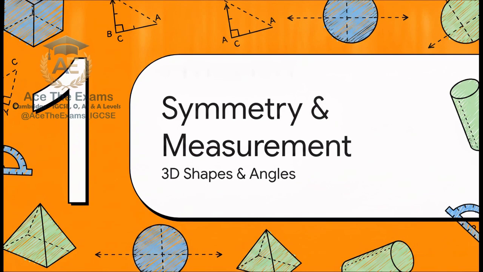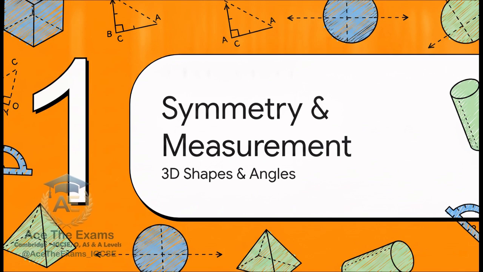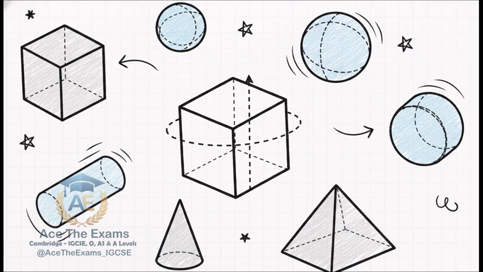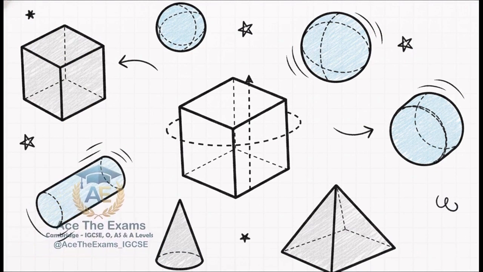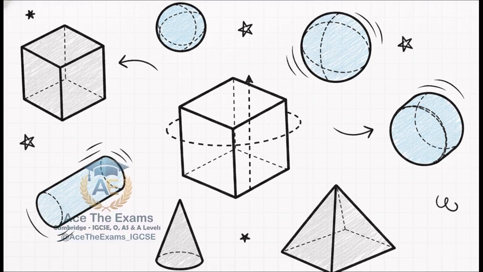Section 1. Symmetry and Measurement. We're beginning our journey by looking at the very foundation of 3D shapes and exactly how we quantify their angles. So here on the screen are your classic three-dimensional shapes. We've got the cuboid, various prisms like the equilateral triangular prism, the right square-based pyramid, cylinders, cones, spheres, and of